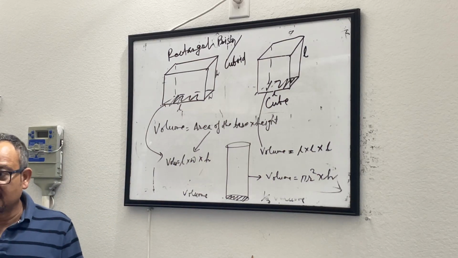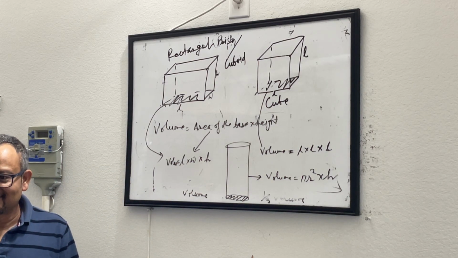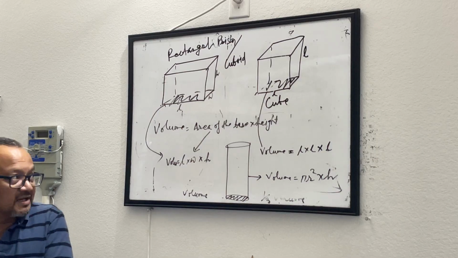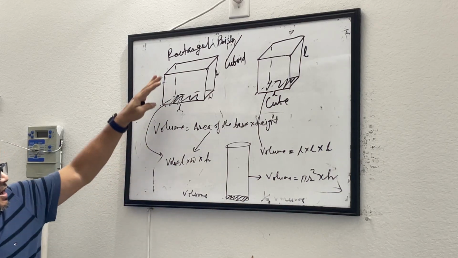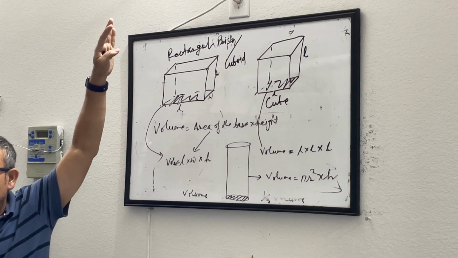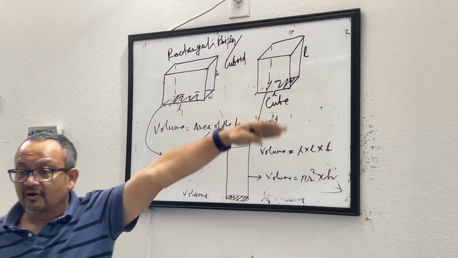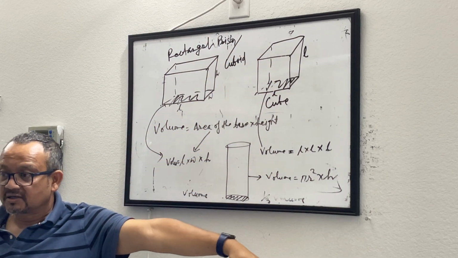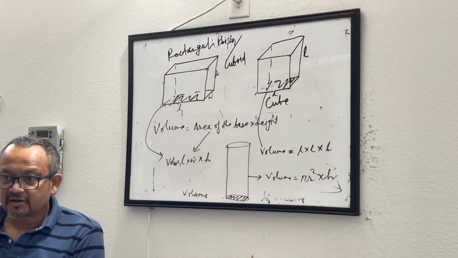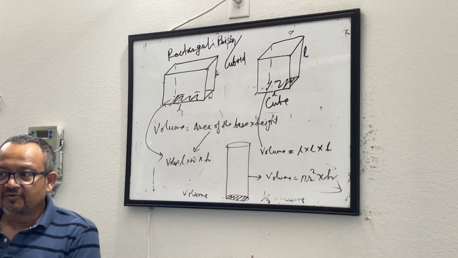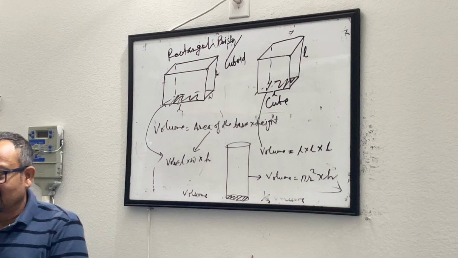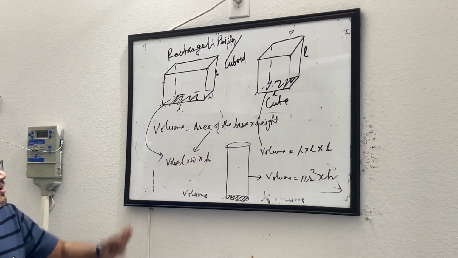Are you memorizing formulas? No. See, volume of a rectangular prism is length times width times height, volume of a cube is length into length into length, volume of a cylinder is pi r square h. Good, if you remember it, it's very easy. If you don't remember it, that's even better, because you will, see,